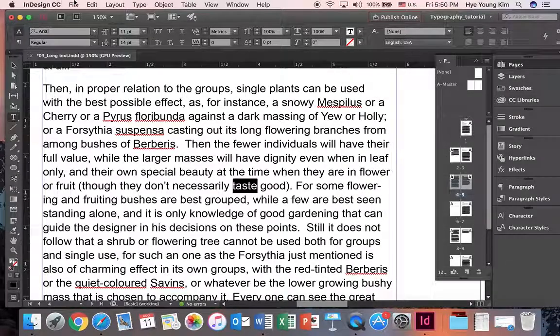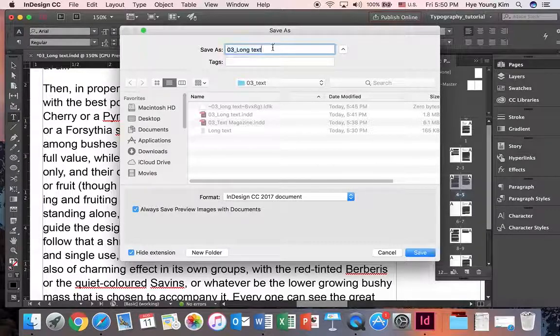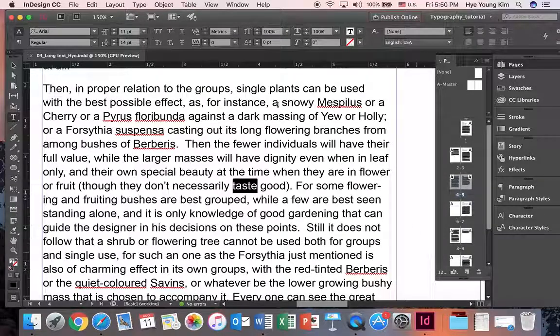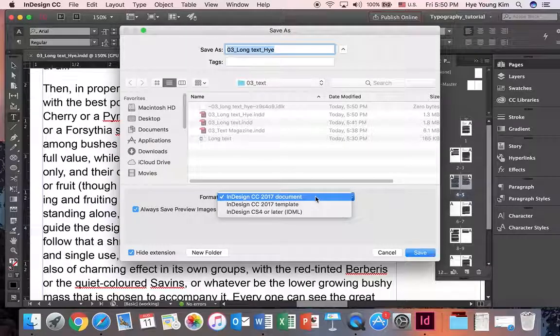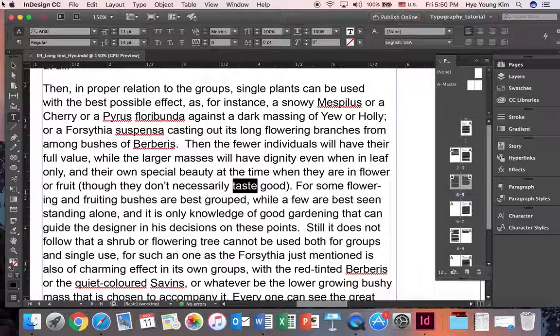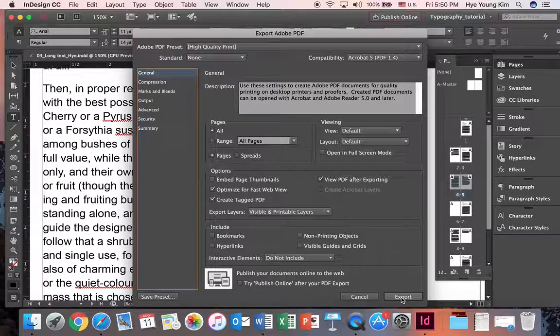Okay, once you're done, we can go to File, Save As. So I want you to save it with your name. So now you know that you are done with the tutorial. Save. And I also want to save as PDF. Okay, not the Save As. Okay, sorry, I'm going to go to Export, and this will be long text, your name, and I want Adobe PDF, and Save, and High Quality Print export,